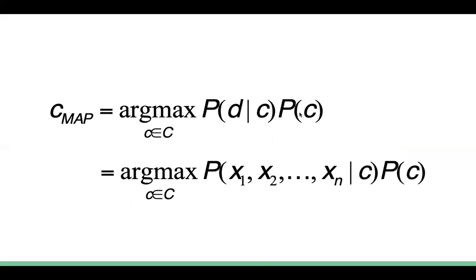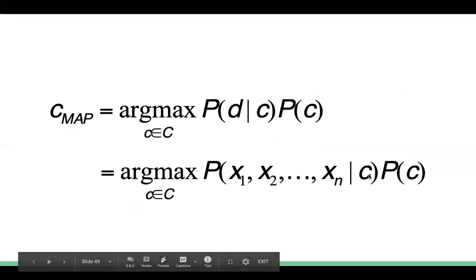Now, with respect to our machine learning model, we have multiple features, a feature set. The features are represented as x1, x2 and so on up to xn given C. What is C?